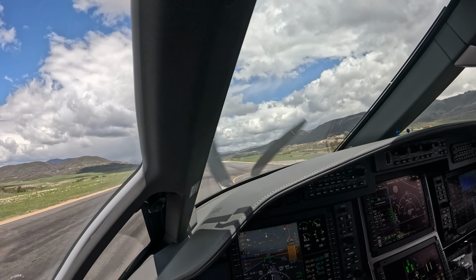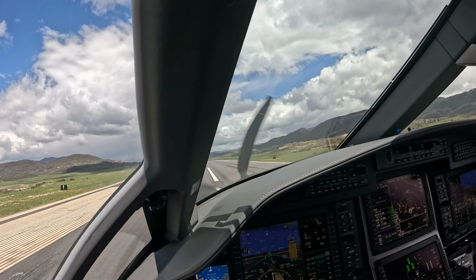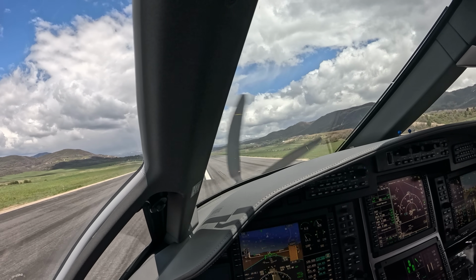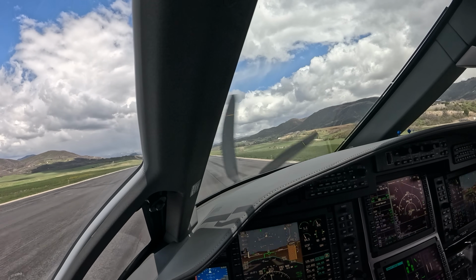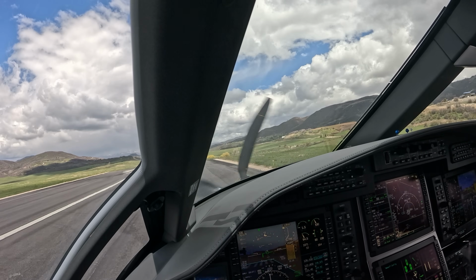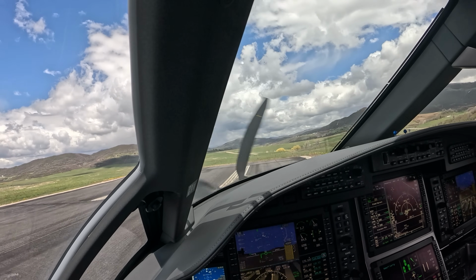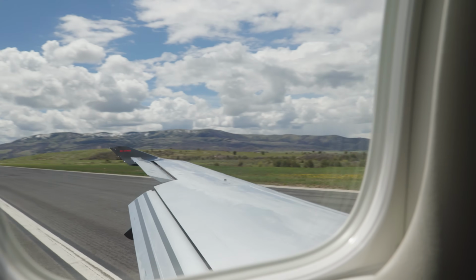We'll just let it roll at the end here a little bit. Just a little bit easy on the brakes. 1,000 feet remaining. All right, I'll take the brakes for a second. You have the brakes? 500 remaining. 100 feet remaining. A little bit long. Yep. That's no problem. I was just a big baby on the brakes. I mean, we had reverse and everything else, but...